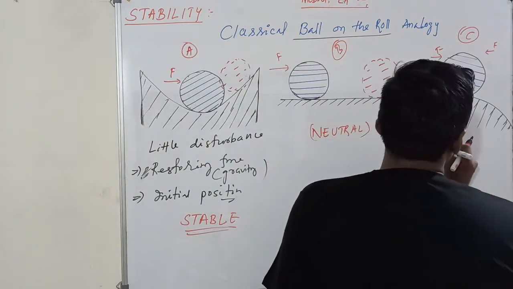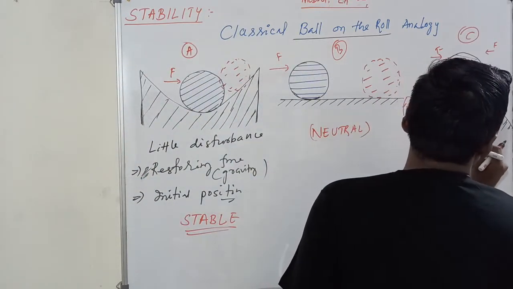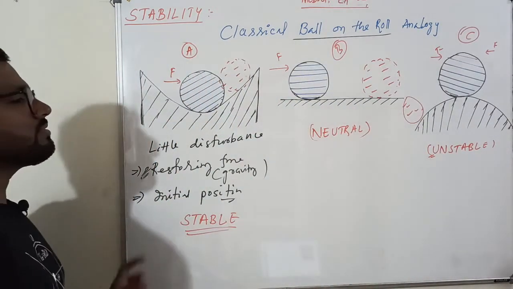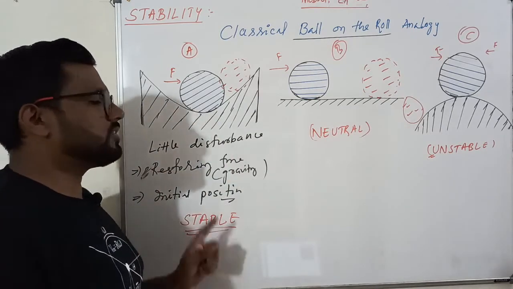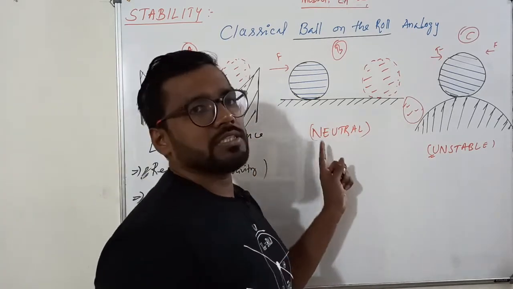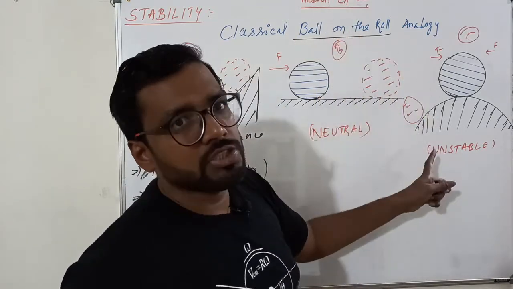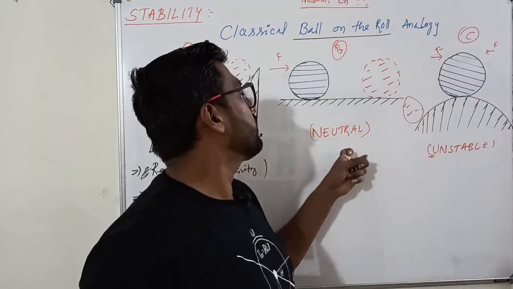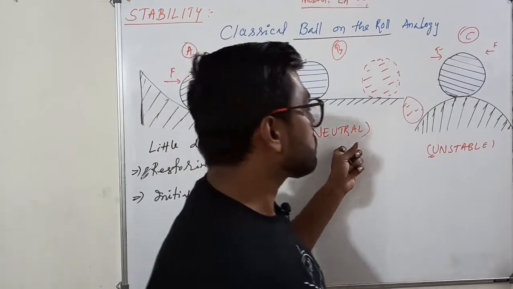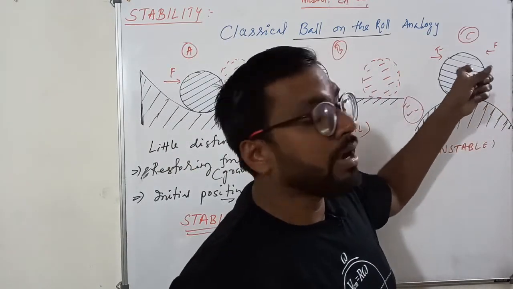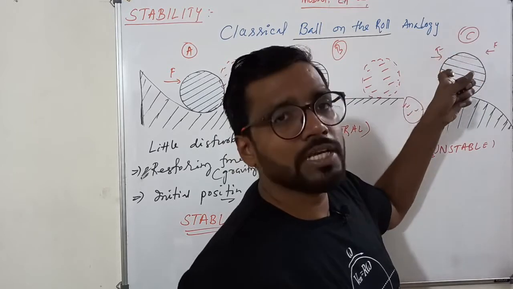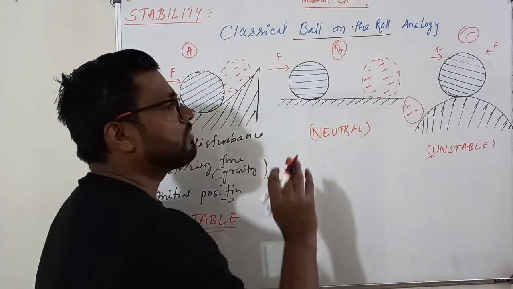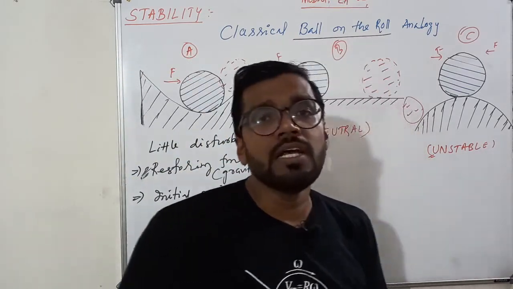And such equilibrium we call unstable. Understood? The analogy means after disturbances, if it comes back to the original position, we call it stable. After some disturbance, if it goes and is stable at its new position, neither coming back to the original position nor going away from that new position, we call it neutral equilibrium. Those that might look stable at that moment, but with a little application of force go away from the original position and never come back, we call unstable.